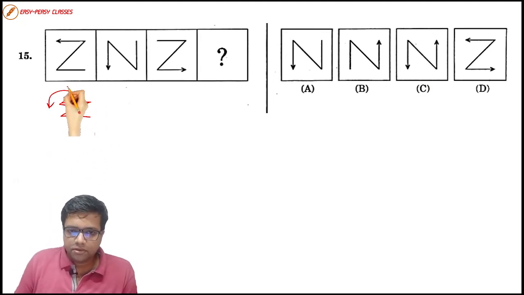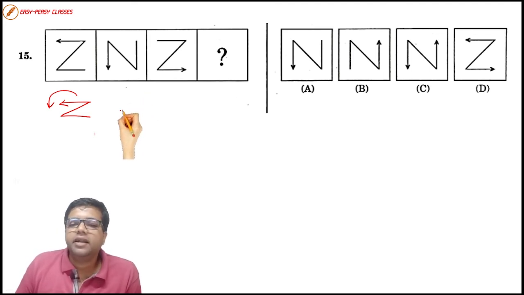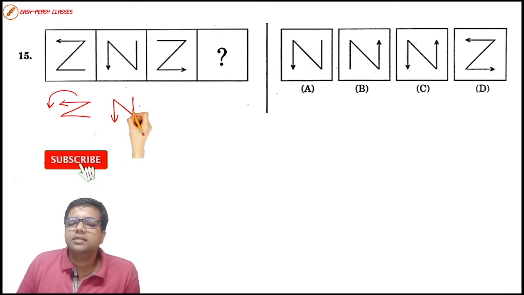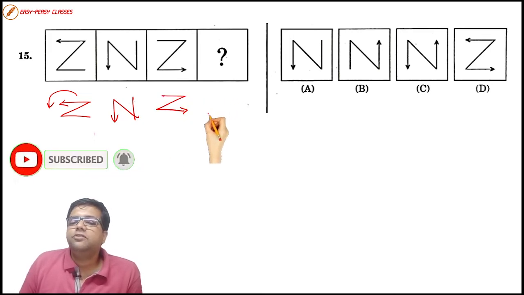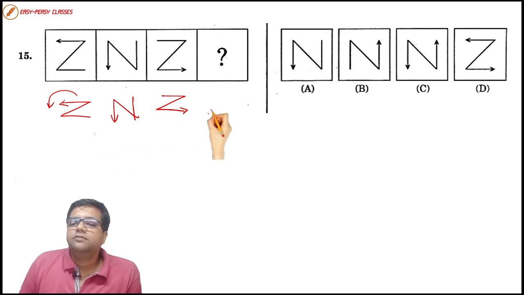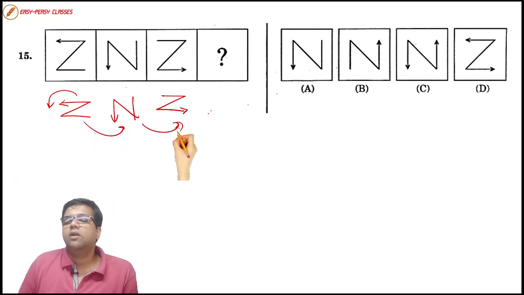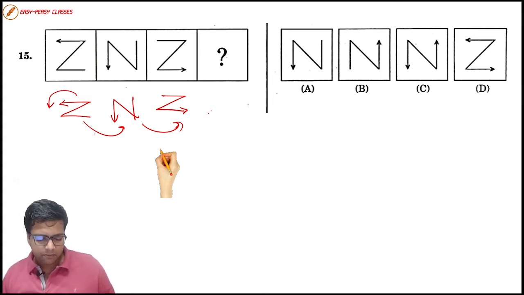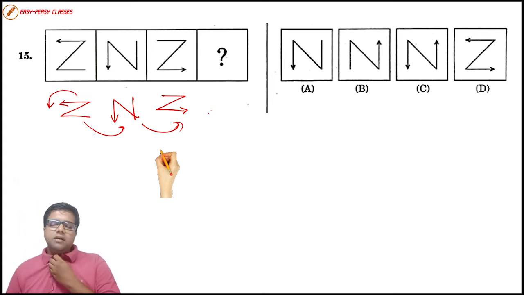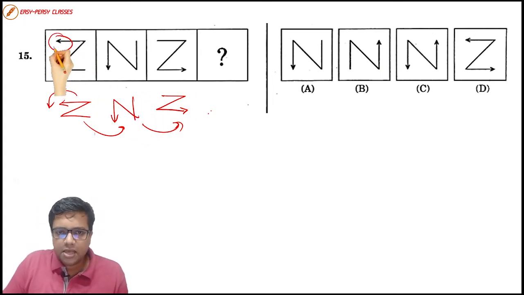If you tilt it to 90 degrees, if you rotate it by 90 degrees, the figure becomes like this. If you rotate it by another 90 degrees, the figure becomes like this. Again, if you rotate it by another 90 degrees, the figure becomes what? See, they are all rotated. The figures are all rotated. See, this is quite easy, although for some students it may become a little confusing. If it becomes confusing for you, you just follow this arrow.